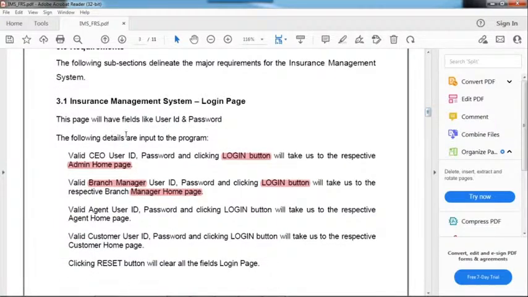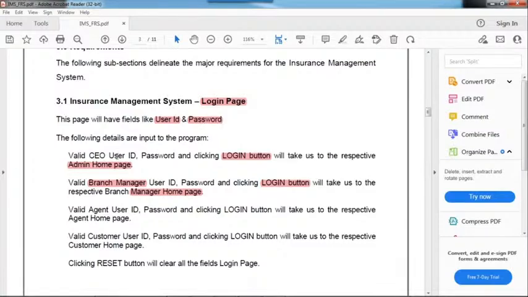So you need to understand this is for requirements. In the project, a login page will be there. In this login page, the fields are user ID and password. What you need to test is logging into the application. You enter the URL and check the login page. In the login page, user ID and password will be there.